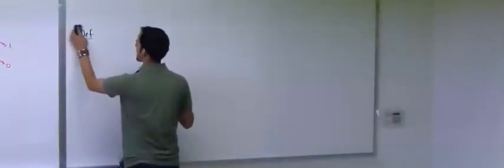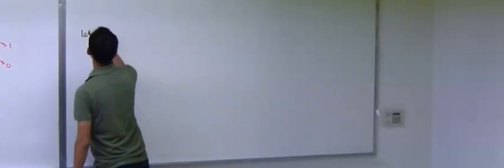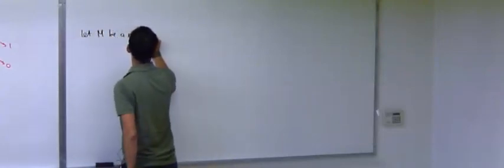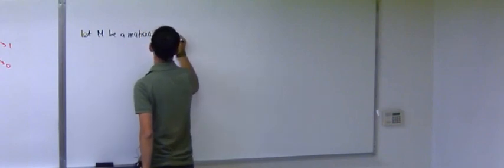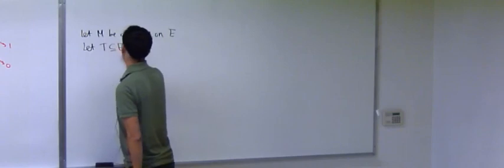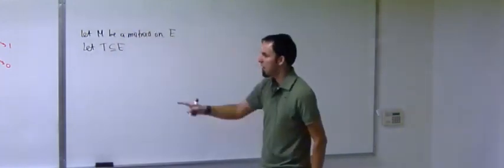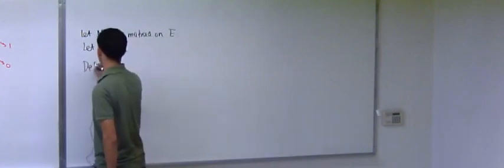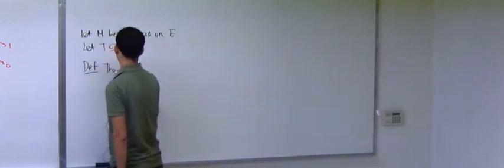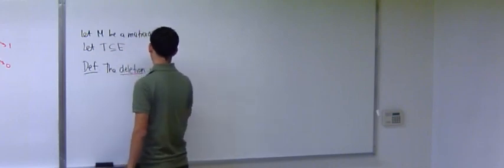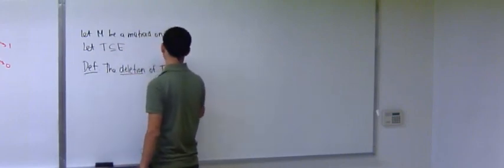Or maybe I should say, let M be a matroid on E, and take any subset T of E. I'm going to define the deletion and the contraction. So, definition: the deletion of T from E